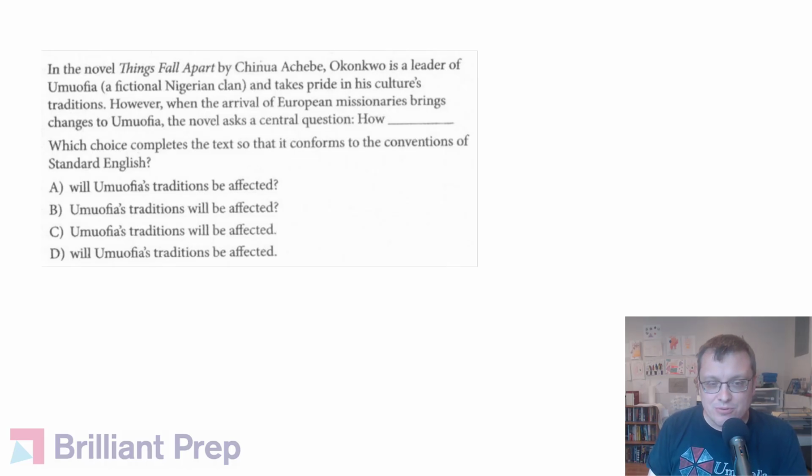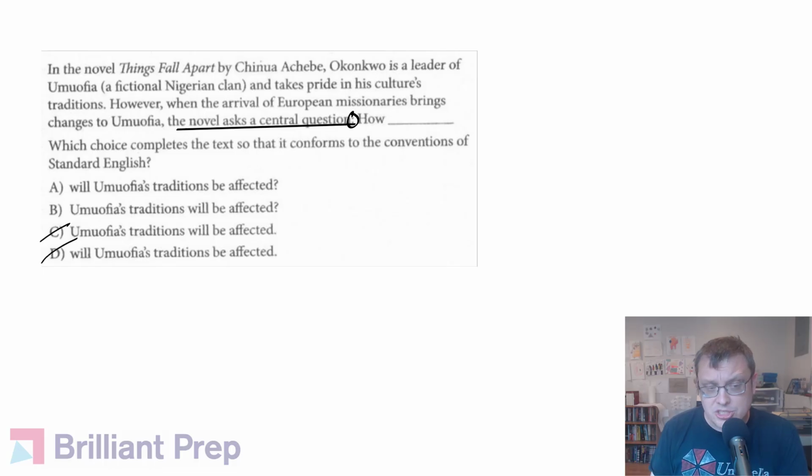In this case, on this problem, though, it seems pretty clear with this setup. The novel asks essential question, colon, and then how, blah, blah, blah, that we do want a question here. And so I can pretty safely get rid of C and D, which when ending with periods, mean that we have statements or assertions. So A and B then end in our question mark,